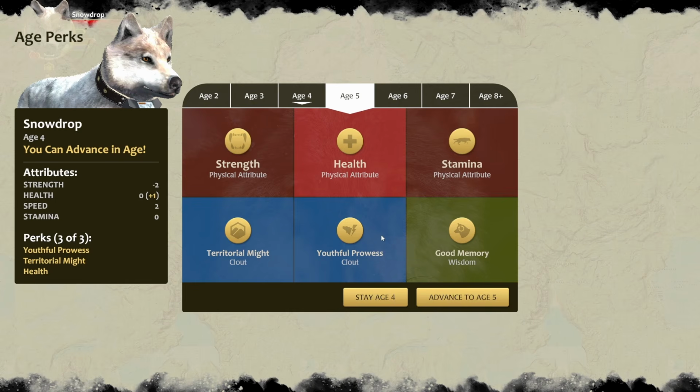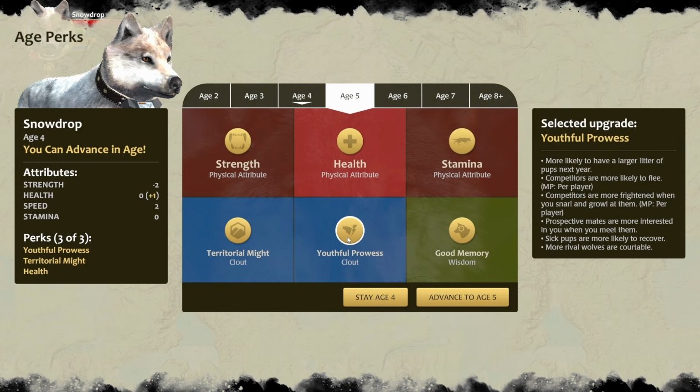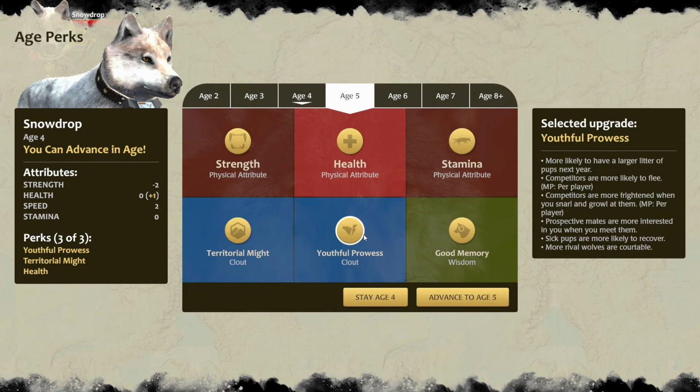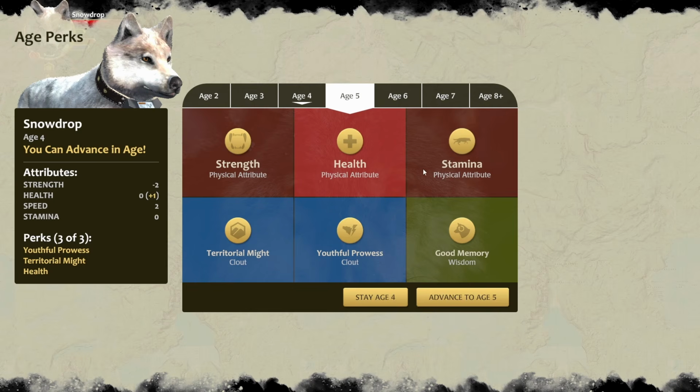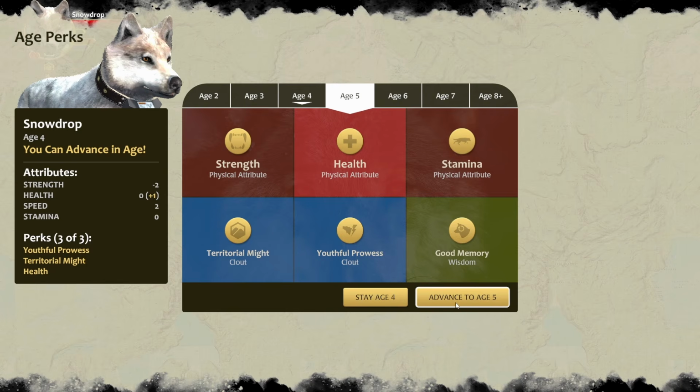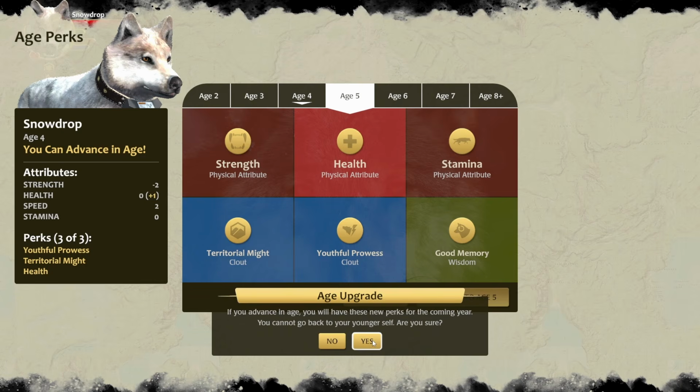I think if we still had speed on here, I might have wanted to select that. I think with Snowdrop, I always go for youthful prowess, but I actually feel like competitors being more likely to flee, competitors being more frightened, that's not really Snowdrop; she is not very intimidating. So I could see her being the one wolf that we use that doesn't use youthful prowess. But I still think it fits a little bit better than strength. Maybe stamina, but I think we'll just go with the same lineup here. But yeah, we've definitely had some very difficult